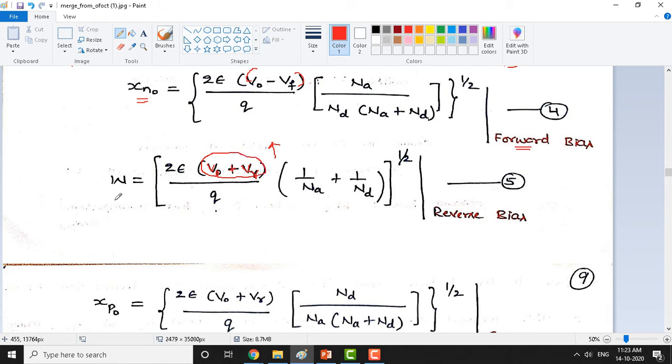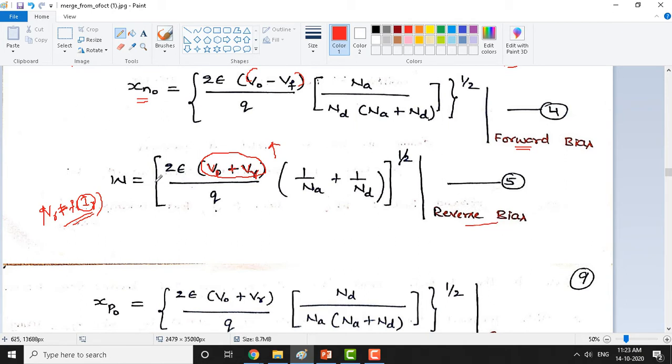We know that in reverse bias, the reverse voltage is independent of the currents here. Reverse voltage is not a function of reverse current. That means if you vary this reverse voltage, this reverse current is not going to increase. It is independent. It only depends on temperature. That's all. So this is a reverse bias condition, reverse bias voltage.